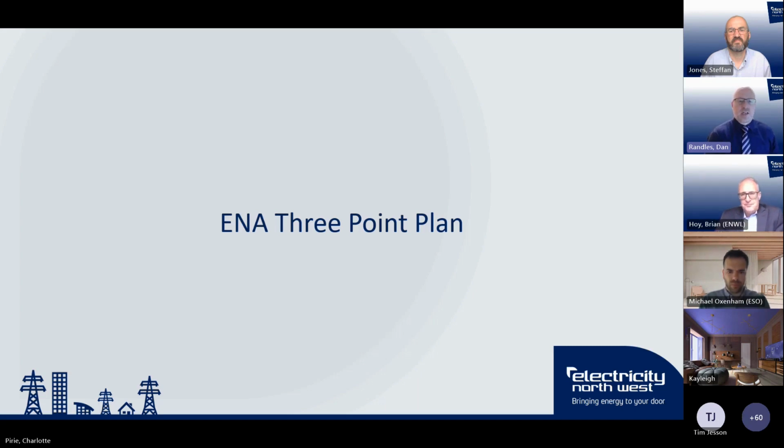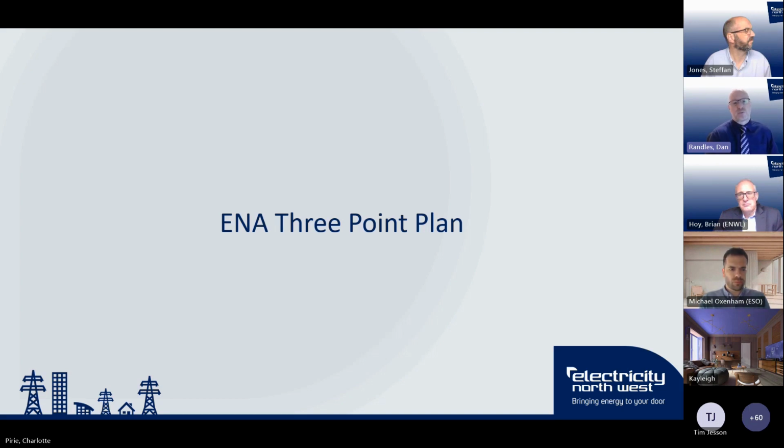Mike outlined just previously the work that National Grid are doing within the ESO, specifically around its tactical plan, looking more at the short-term initiatives that will help alleviate to some extent some of the challenges that we're facing. All the DNOs came together with the ENA, supported by National Grid, to look at what can be done at the distribution level, working alongside the transmission operator to help manage some of the